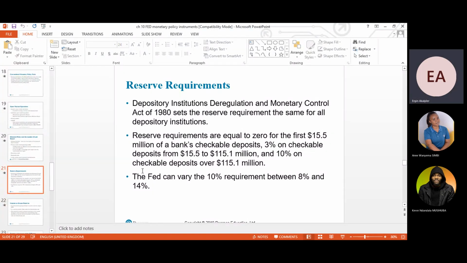Reserve requirements: the Regulation and Monetary Control Act of 1980 set the reserve requirements the same for all depository institutions. As I mentioned to you, the reserve requirement is very important for the central bank for controlling the amount of money held by the institutions and intermediaries in the banking sector. If it is set high, this will secure against problems. But if the reserve requirement rate is set too high, too much,